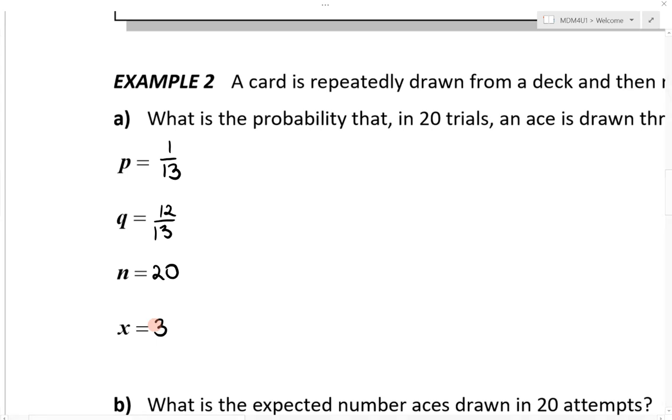drawings of an ace. Okay, so expressing this as a binomial distribution problem, the probability formula is going to be n choose x times p to the power of x times q to the power of n minus x. Okay, so we're multiplying the number of ways we can get 3 successful outcomes out of 20 trials. So 20 choose 3